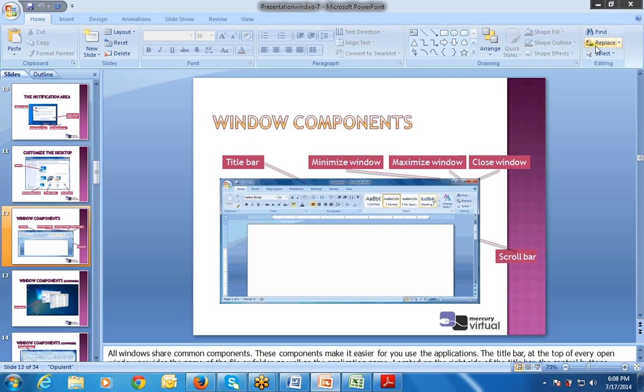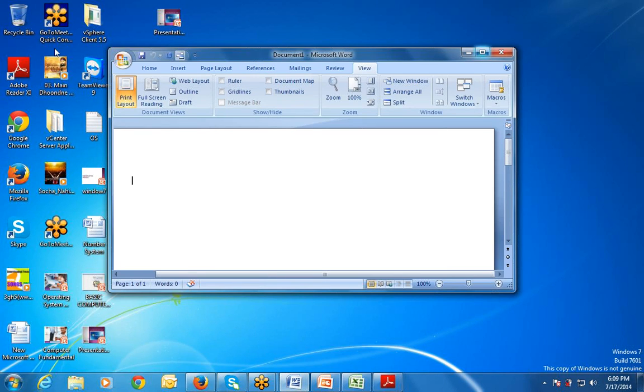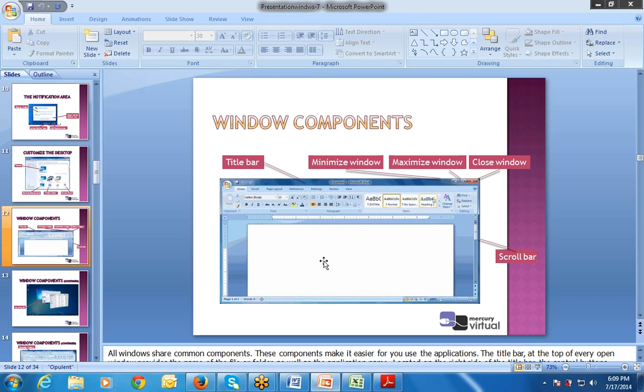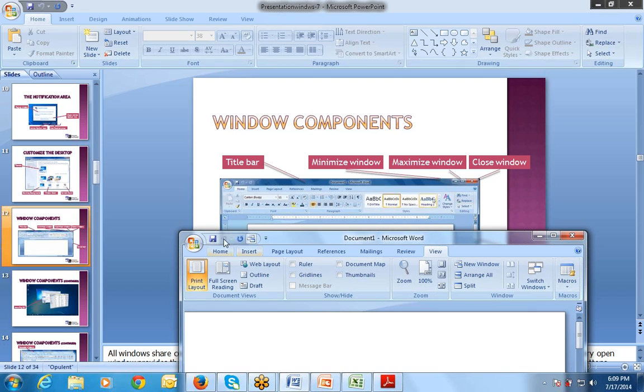Now let's see it in a practical way. Sorry, the first one is the title bar, first option. If I see this one, the first bar is known as title bar. This is known as minimize window. This is known as maximize window.